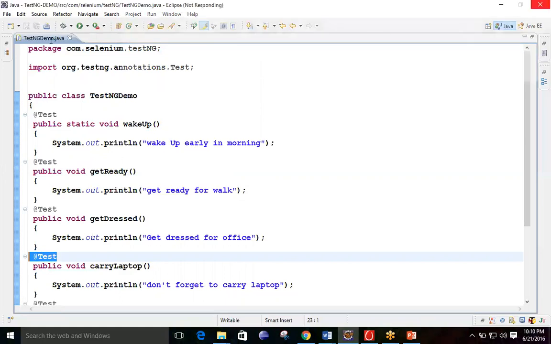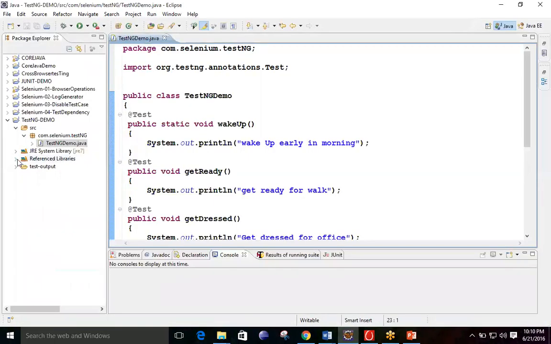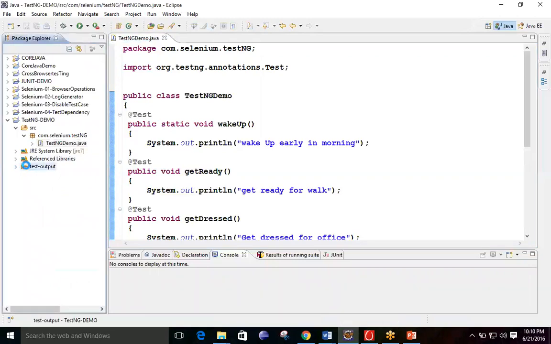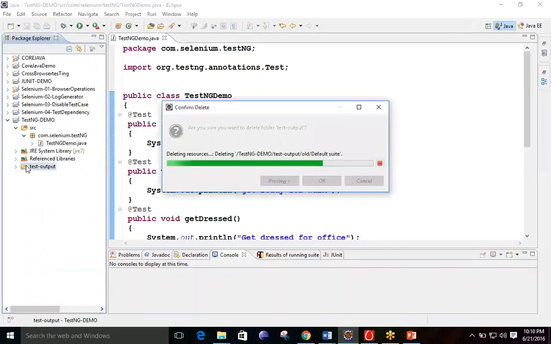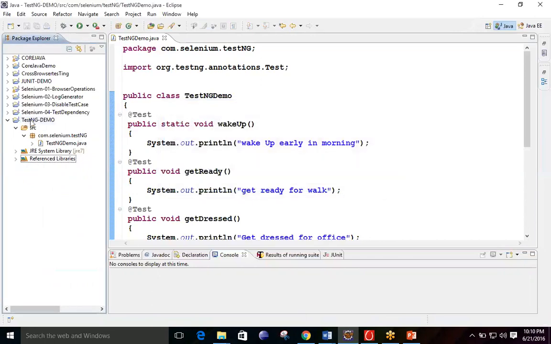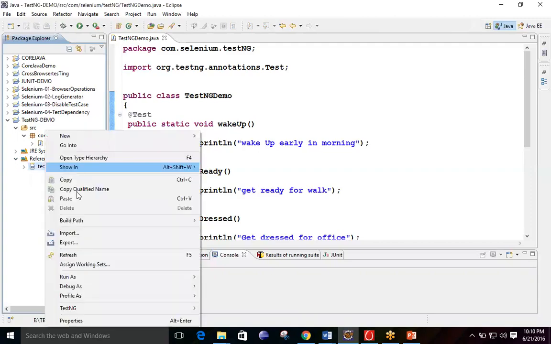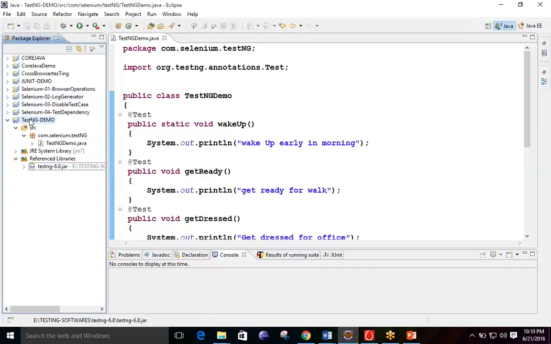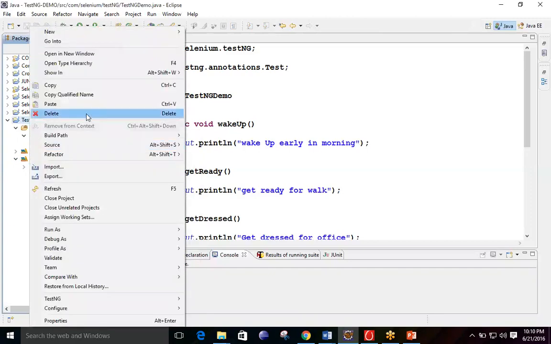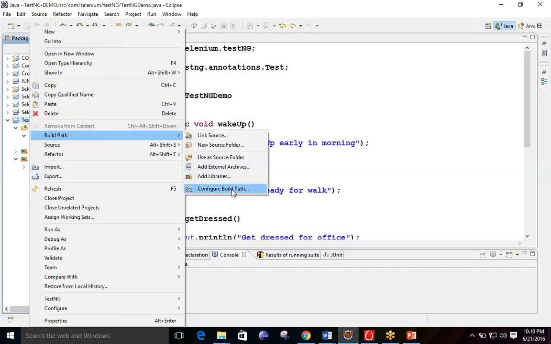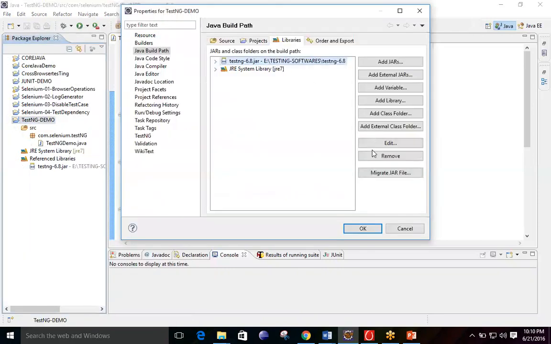Now you can see what will happen if you don't provide the TestNG jar. Let me remove this extra unwanted thing. I will discuss that one later. If you add the TestNG jar file, it will appear over here. Now, what happens if I remove this one? Let me check. Go to Build Path, go to Configure, and here is how you added it. This is the jar file. I will remove this one now. Click OK.